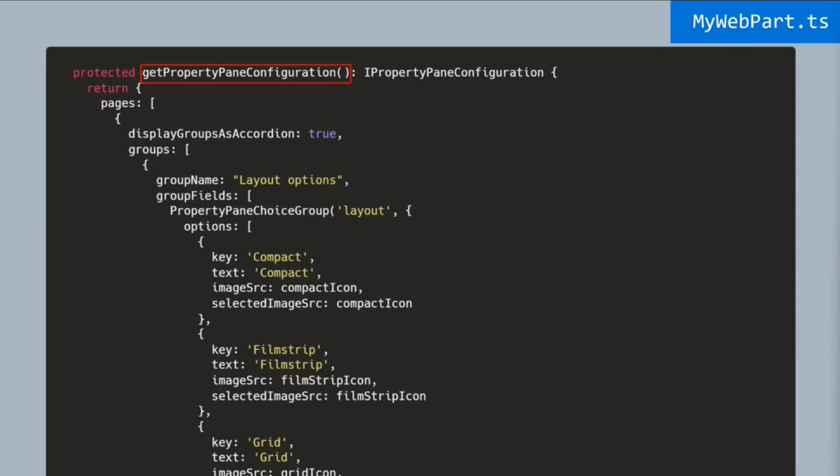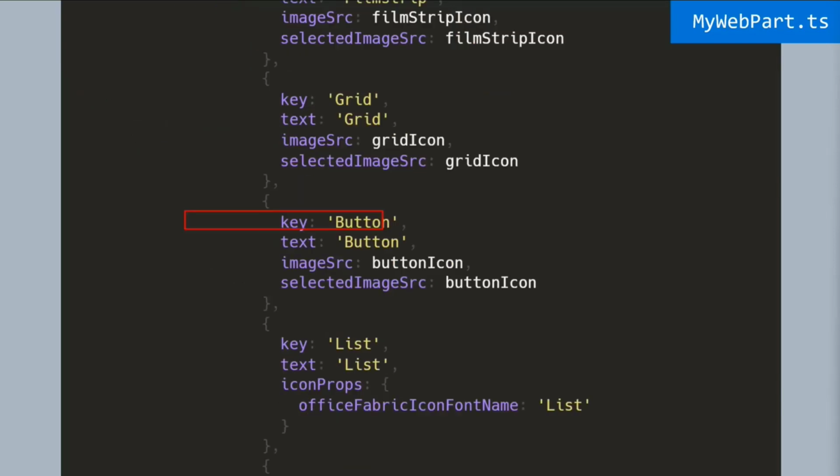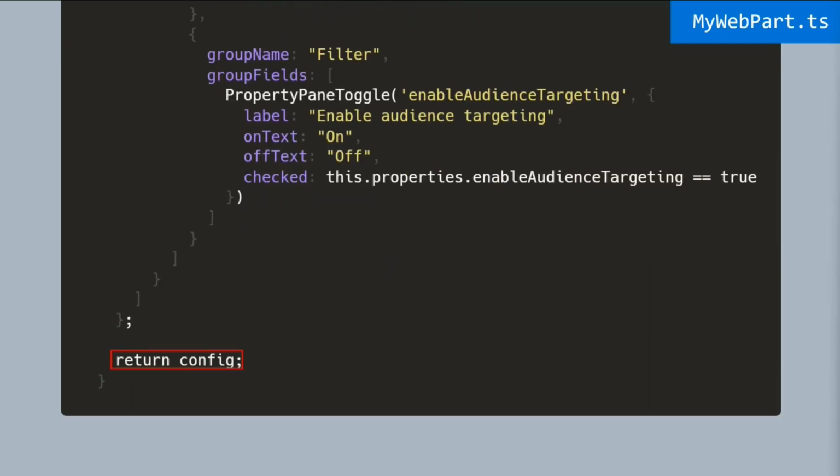Well, if you remember, again, the get property pane configuration returns an IPropertyPaneConfiguration object. And normally the way it's done is you just do a return call and you pass directly a static IPropertyPaneConfiguration object. But you could also change your code to say, well, I'm going to create a variable called configuration, and it's going to be an IPropertyPaneConfiguration. And then I'm going to populate it, and then I'm going to return that configuration at the end of the function. Essentially, I'm doing exactly the same thing that the getPropertyPaneConfiguration method is doing, except that now I can actually do things like